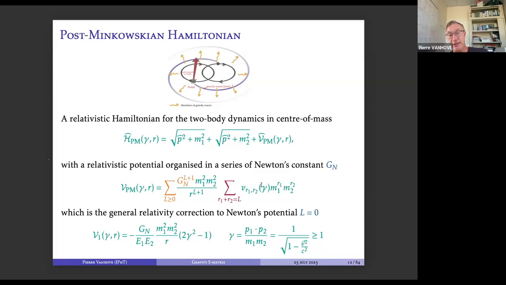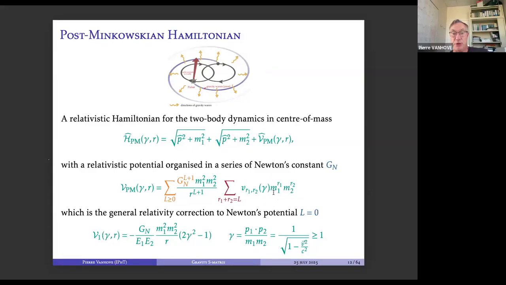And here there is something extremely important, which is the dependence on the mass of the object. So when you consider the higher order corrections, beyond the Newtonian potential,